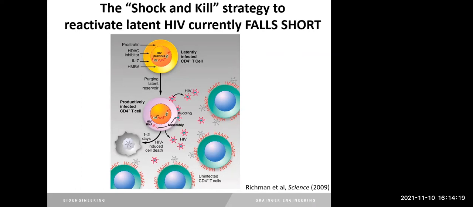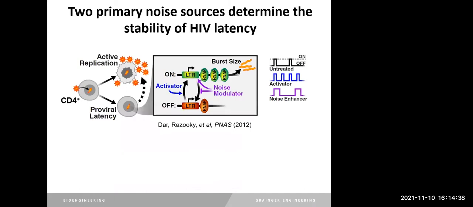So what we try to do is find noise modulating drugs and cocktails that enhance the ability to reactivate latent HIV, either to destabilize latency or to stabilize it more, so to control the stability of latency. In order to do that, you first have to identify that there are two primary sources of noise that determine the stability of HIV latency. The first I alluded to with the movie earlier is that there's this bursty transcription. The HIV promoter